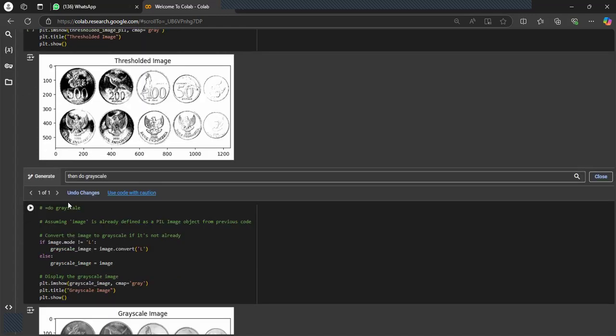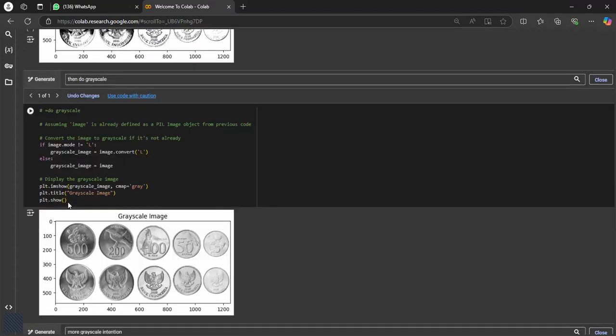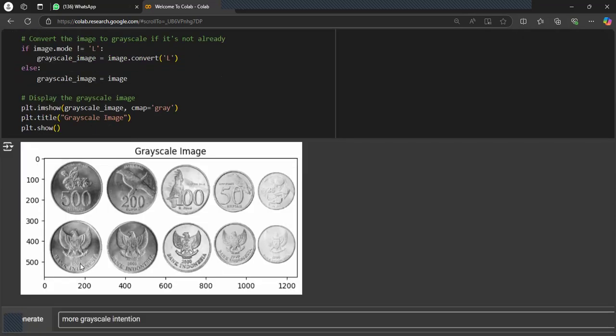And then after that we do some grayscale. When we do grayscale in computer vision for CNN, we have to use grayscale like this, as you can see here.